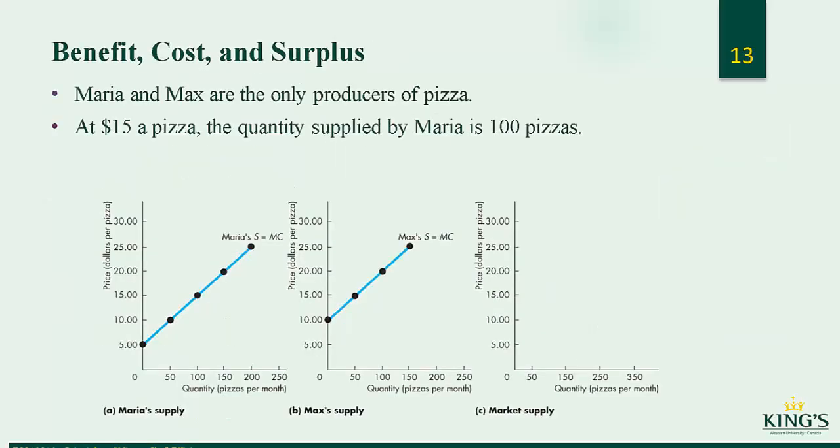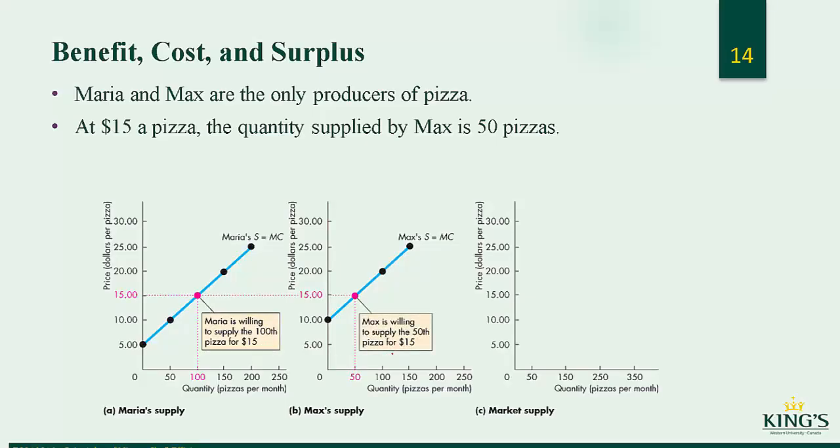So let's look at an example here for Maria and Max, and they have their own little pizza restaurants, and they're supplying pizza. So if we look at the example here, at a $15 price, let's just look across here, $15, $15, we see that Maria would want to offer 100 pizzas for sale, right? And Max would want to offer 50 pizzas for sale. So Maria is willing to supply the 100th pizza for $15, and Max is willing to supply the 50th pizza for